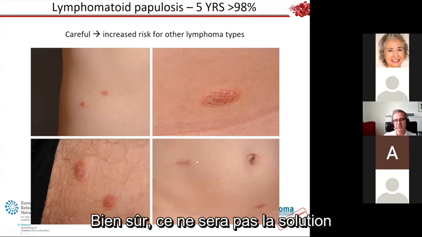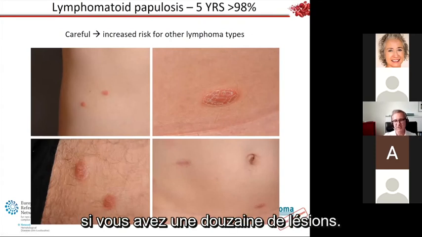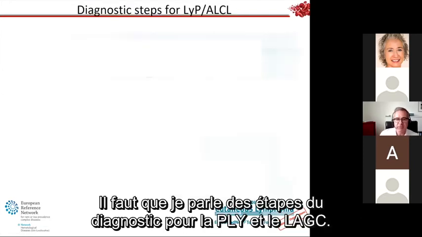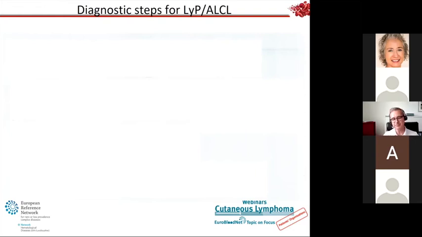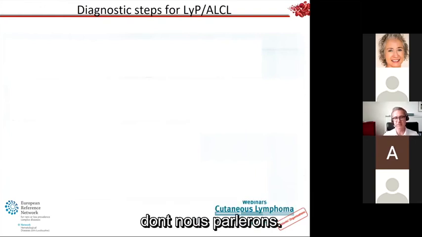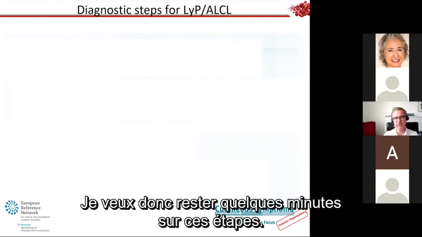Obviously, if you have dozens of these lesions, surgery is not the way to go. We have to find another way. I was given the task to talk about the diagnostic steps for LyP and ALCL. That is true basically for any cutaneous lymphoma we'll be discussing, so I want to take a couple of minutes